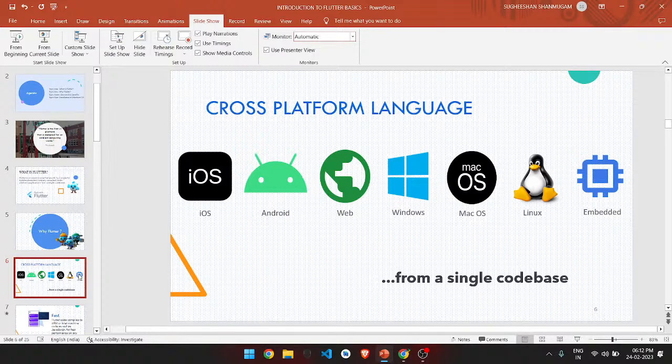In the past, you would have needed to hire developers who are proficient at each platform to implement your app on each of these platforms. So that many developers are required, many people with various different knowledge are required, and various bugs are faced on individual platforms. So to avoid that, Flutter was implemented in such a way that it is cross-platform.